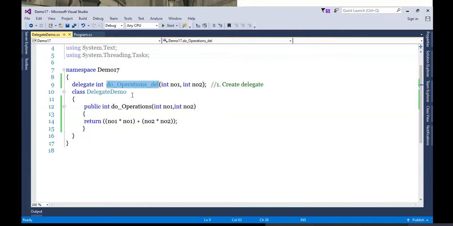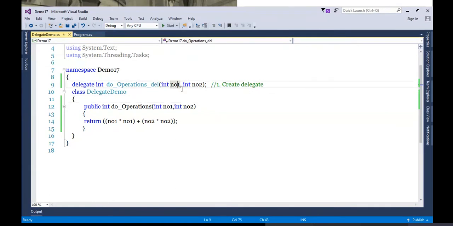So when I prepared this delegate, do operations delegate, I gave the return type as integer, and as a signature, I am taking 2 integer arguments. Now here, as you all know, when you do the declaration, even if you are giving different names, it is allowed.